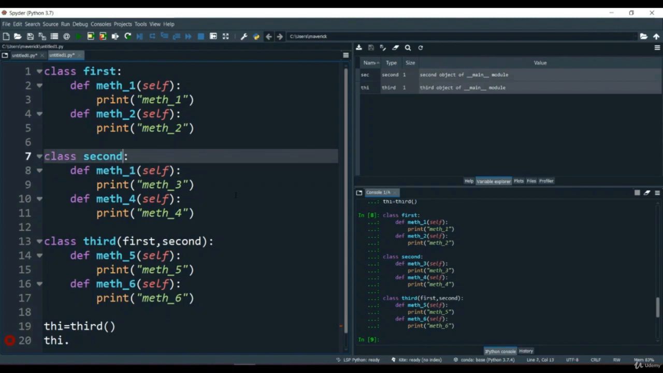Okay, and it is inheriting from the first, and it says I don't want to use math1 of the first class. I want to use math1 of my own. Now in these kind of situations, all you have to do is create your own math1 function. So basically what happens is, when you create an object,